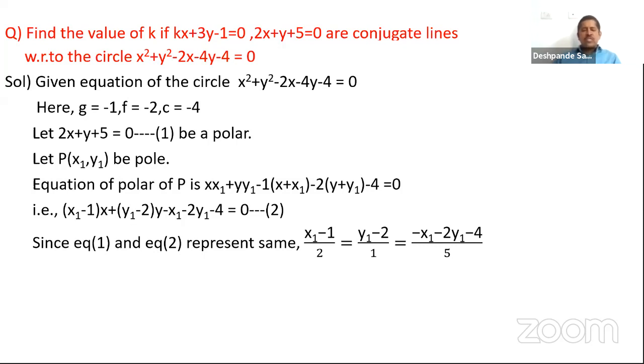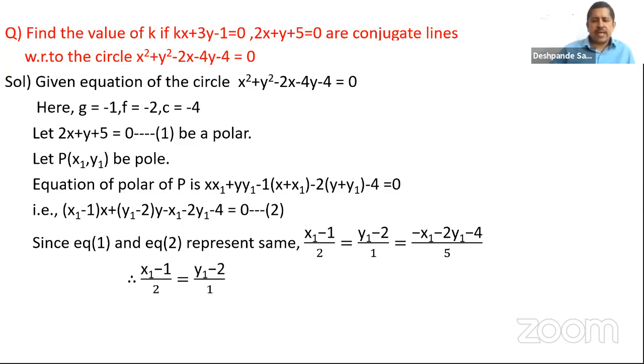So this was a situation we have been solving almost 4 to 5 times in the last few classes. So you try to find the value of x1, y1 from this. How do you do it here? You take any one pair, find an equation in terms of x1, y1. Then take another pair, find another equation in terms of x1, y1. Solve those two equations, and you get the point straight away.